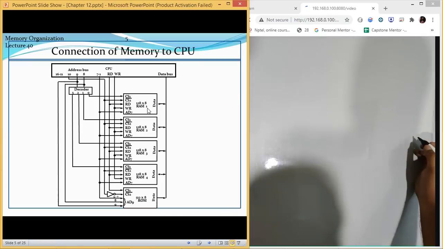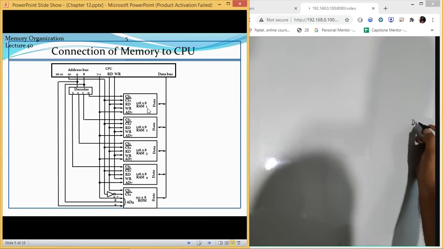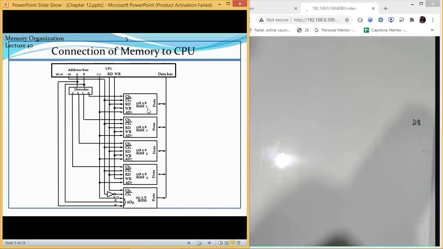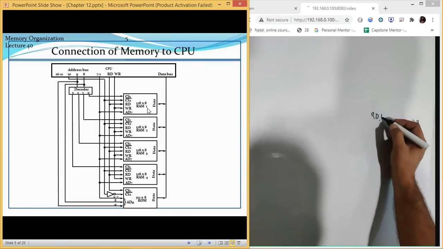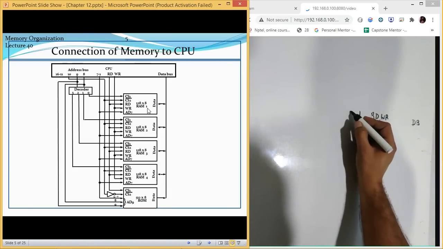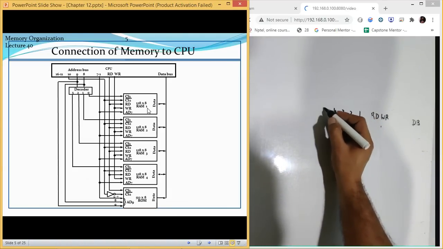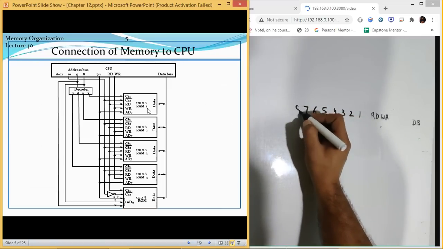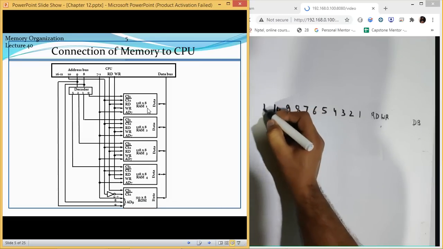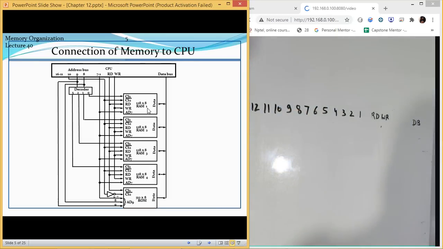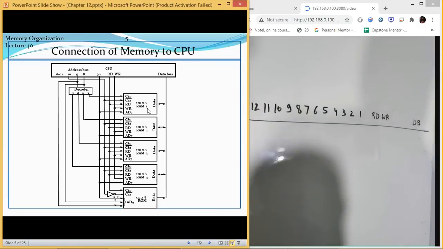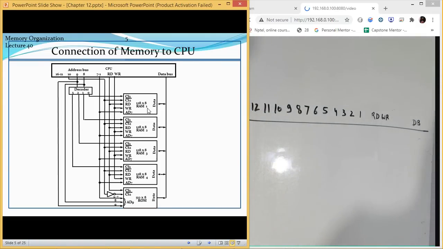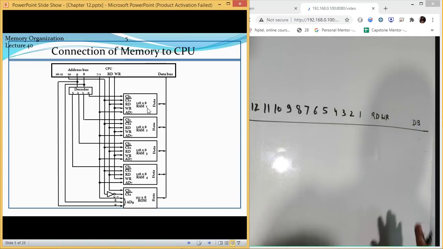In this case we are having the data bus. I'm writing it as DB, data bus. After that, the next thing which we are having is our read and write lines. Then we will be having our bits 1, 2, 3, 6, 7, 8, 9, 10, 11, and 12. We can have more than that, but we are going to start with this. Now let us connect them to make a RAM chip. It will be a smaller circuit, but the size is large.